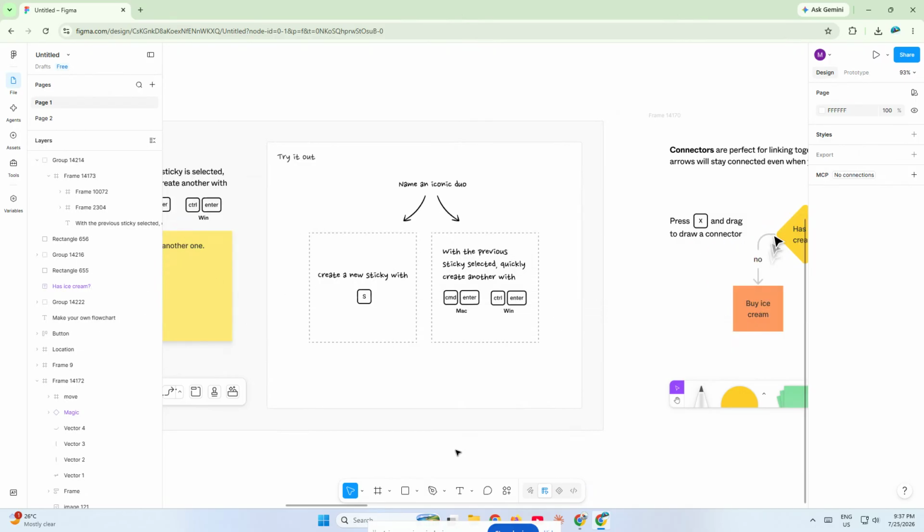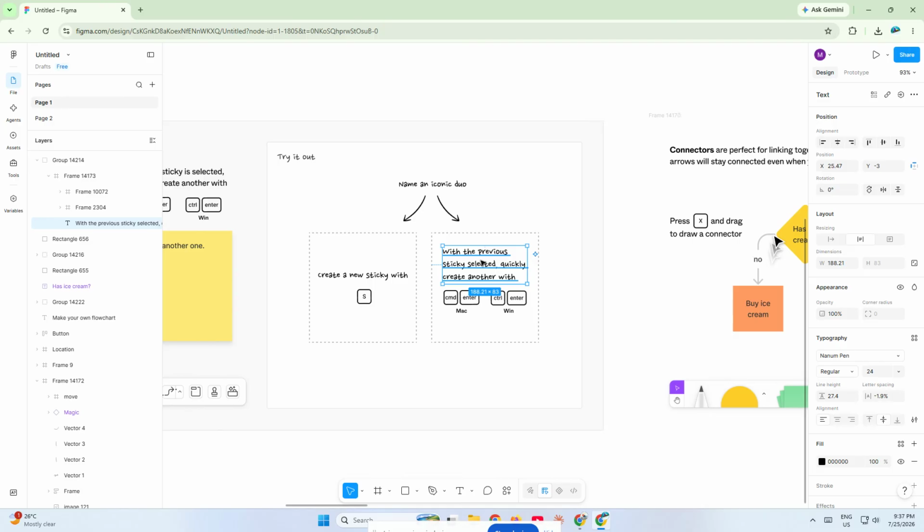Let's jump right in. First, open your Figma file and go to the text box you want to format. To justify the text, you need to make sure the entire text is selected. The easiest way to do that is to double-click inside the text box. When you double-click, Figma will highlight the text so you can apply formatting to the full block instead of only changing part of it. If needed, you can also drag to select all the text manually, but double-clicking is the